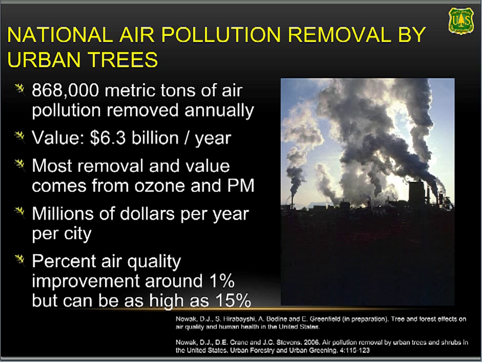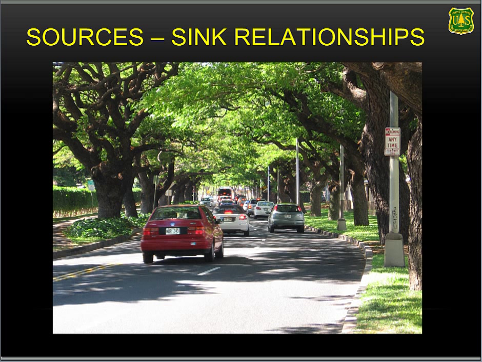It's interesting to note in this paper that we're working on, it's not out yet, in terms of national pollution removal, most of the pollution removal, over 90% nationwide, let me step back. So there's 21 million metric tons being removed per year. About 20 comes from rural areas. Only about less than 1 million metric tons per year come from urban areas. But about 2/3 of the value comes from that urban area, because that's where most of the people reside. So again, tying the impacts to where the people are is very important.